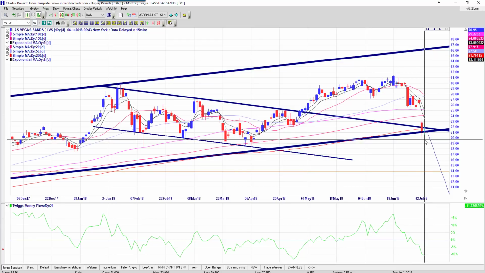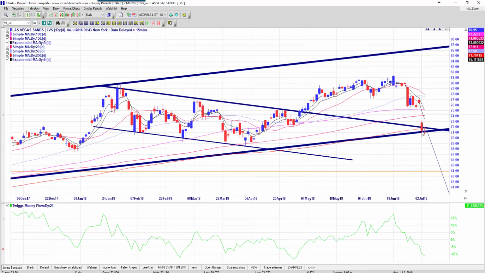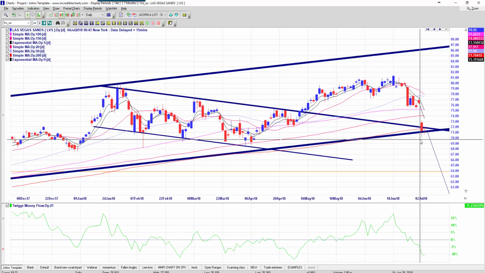So basically, what we want to see is this. I want to see it actually break down further, break that gap support, so break below 69.87. And I'd then be looking for it to drop to at least 58.13. It could be a bumpy ride, but that'd be the longer term target. And I'd be looking at a stop signal of 74.23. Of course, with something like this as well, you could consider